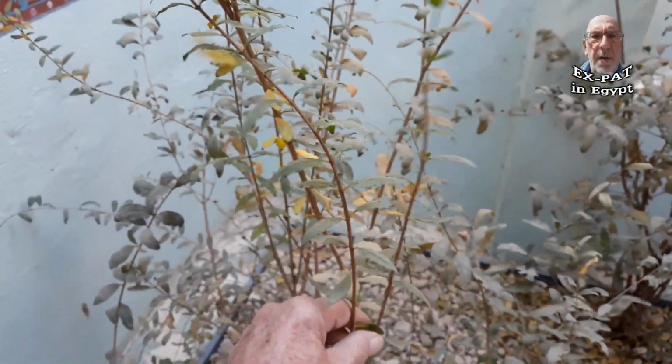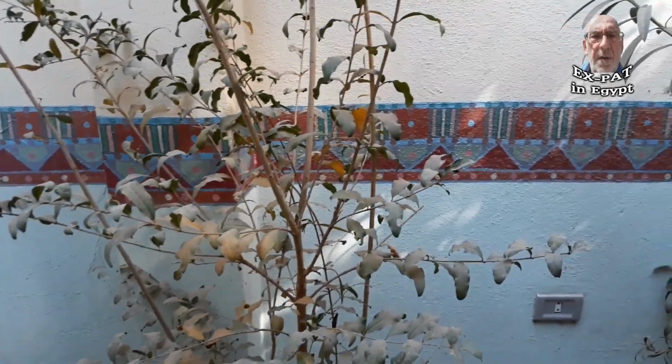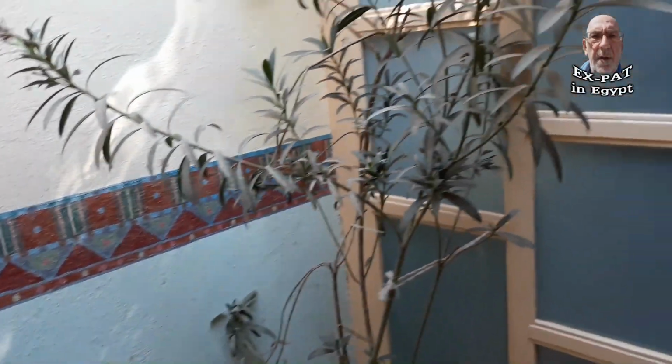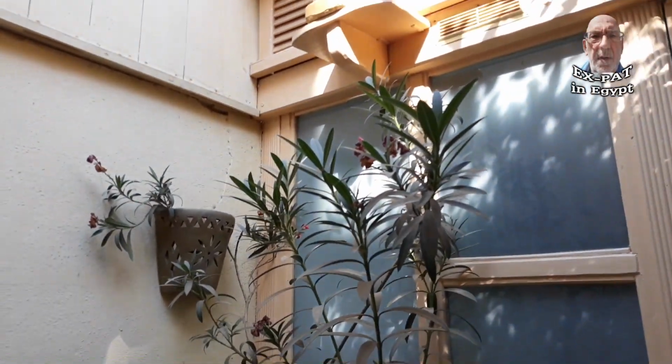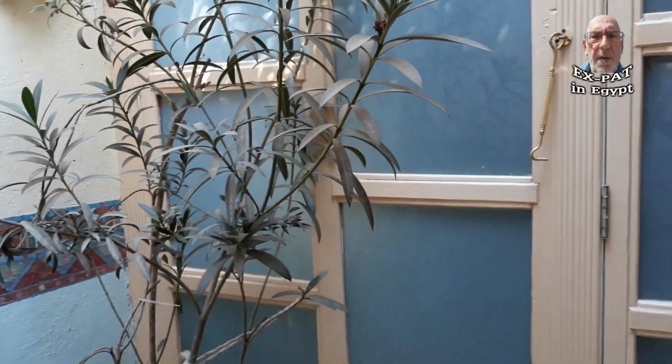This tree and this one are pomegranates. They do fruit. This one has slightly bigger fruits on it. Not bad, quite sweet. That's an extremely aromatic flower on that. I don't know the name of it. And, this enclosure